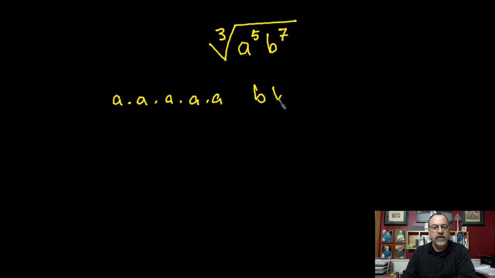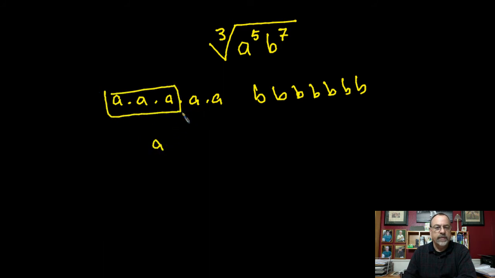Now, let's say we had multiple things underneath here. Let's say I had a to the fifth, b to the seventh. Now, we could write this as a, that's 5, and then 1, 2, 3, 4, 5, 6, 7. And then I'm looking for groups of 3, so there's one group of 3, and those 2 are left over. So I only have 1,